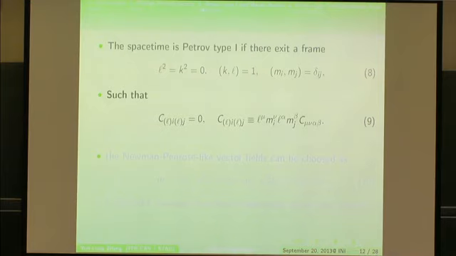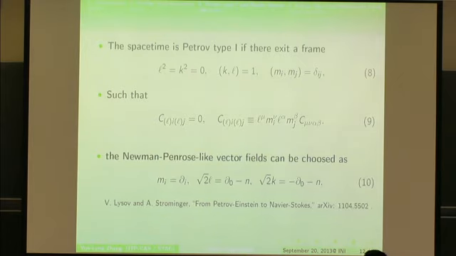But it is not the main topic. We only need to use these constraints. So in the original paper, the Newman-Penrose vectors were chosen like this, and the spatial vectors are just the ordinary x, y, z directions, and the two null vectors are just a combination of the time and the normal vector